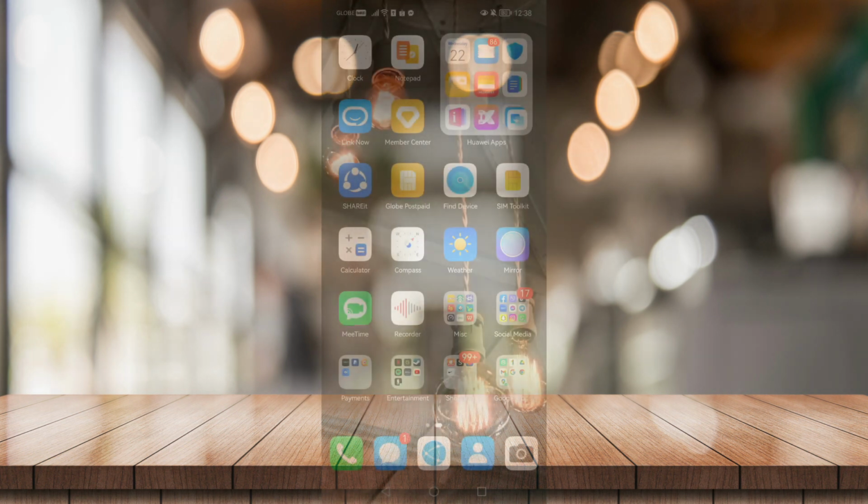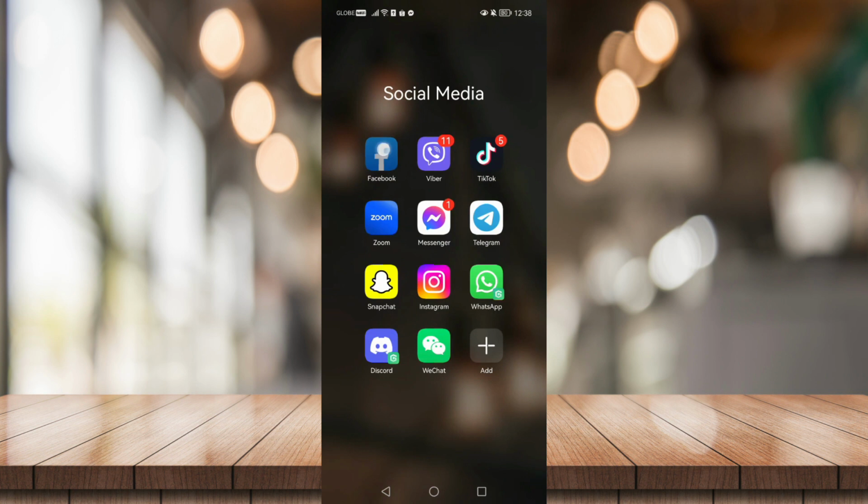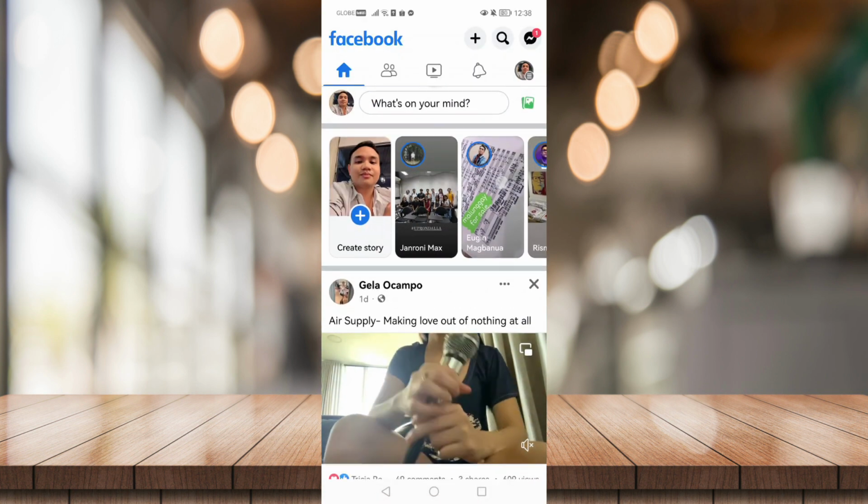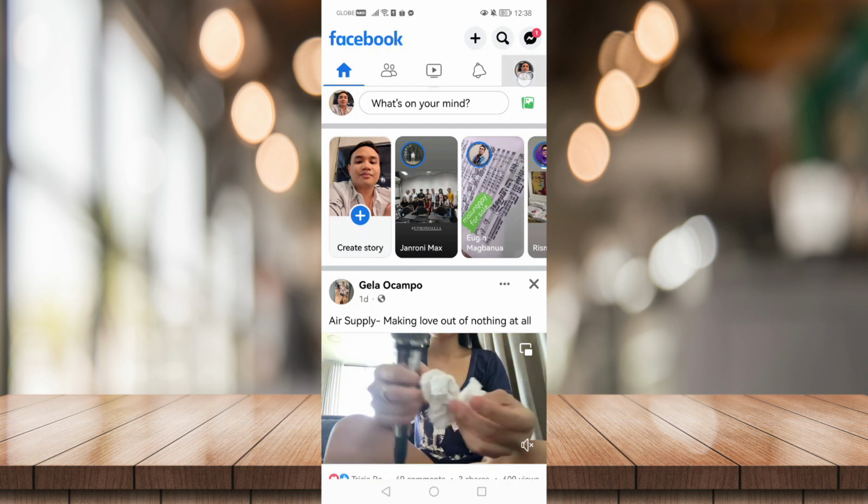How's it going, everyone? Today I'm going to show you how to link your Facebook account to Gmail. Now, first things first, let's head on to your Facebook account, or Facebook application rather. Then once you've done that, click on your profile icon right here